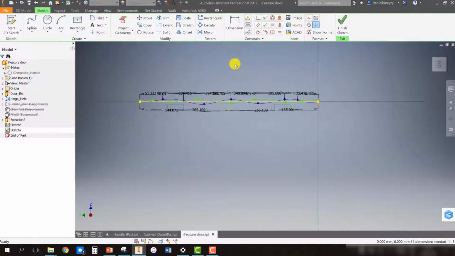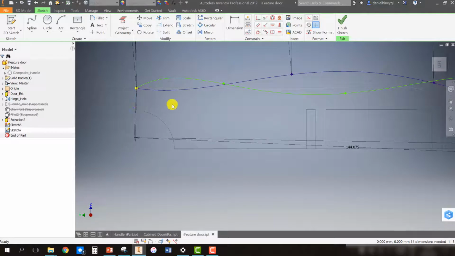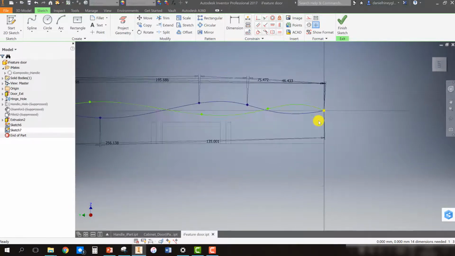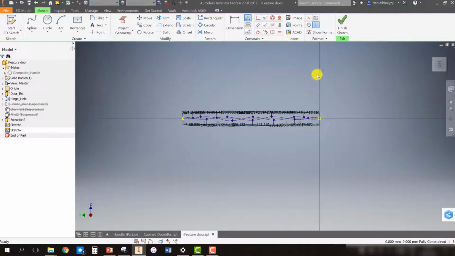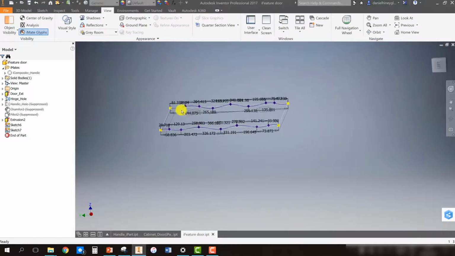Okay, so we're going to do that automatically. Well, first we're going to delete all the lines we don't need, these little projected geometries. This little fella here as well, and another fella over here. Is there? No, is there not? Okay. And we're going to automatically dimension that as well. Turn off the constraints, apply, and done. Finish the sketch. Now you can see you have two spline lines that are going to create an